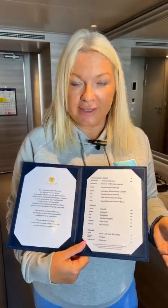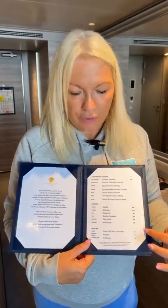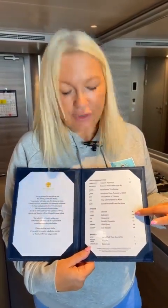Or what you could do is, if you wanted, for example, 48 hours before disembarkation, you can just ask your butler for any one of these. He'll bring it to your cabin and you can put it in your suitcase and take it home, which is a really good idea. So if you wanted a bottle of Belvedere vodka, of course, at €104, then that could go in your cabin and you can take that home,